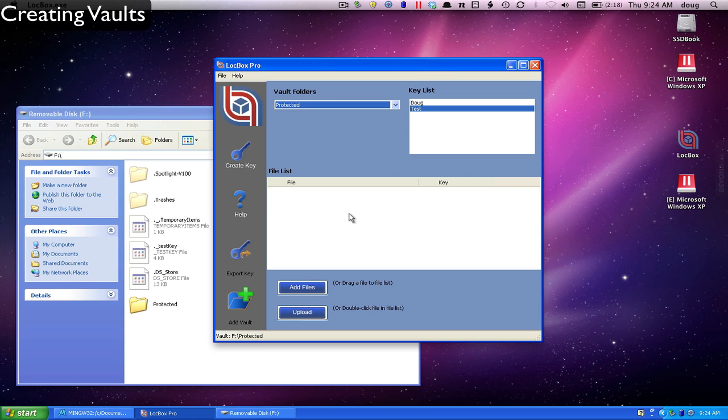I can then share my keys with other computers that I own in their version of LocBox, set the same protected folder up as a vault on those other computers, and I can happily move this USB key between all my computers and have access to my protected data on all my computers while using the USB key as a